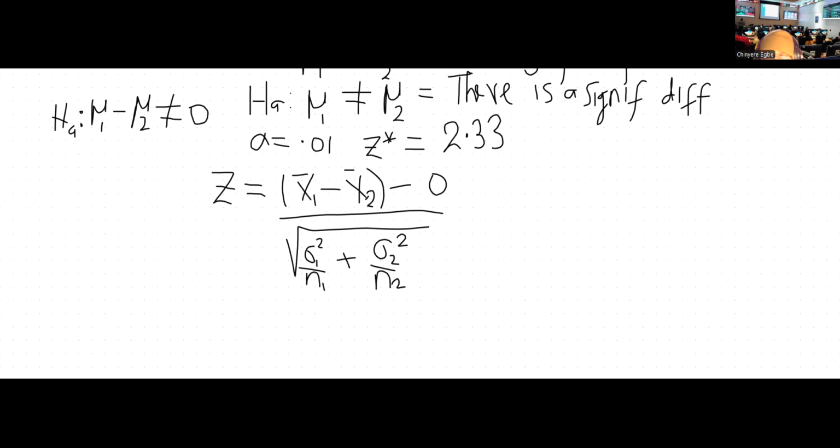If Z is greater than Z star, okay, so let us see what we have, okay? We have that Z is then 274.16